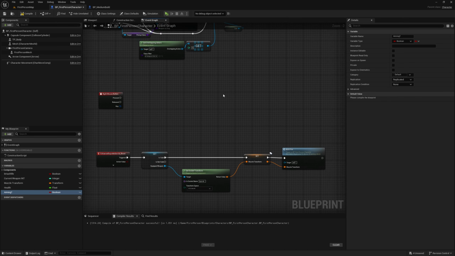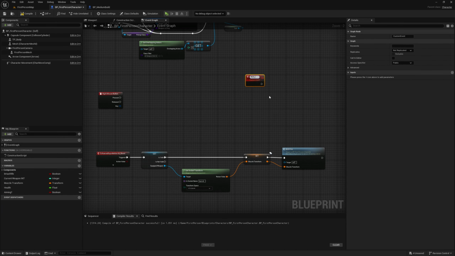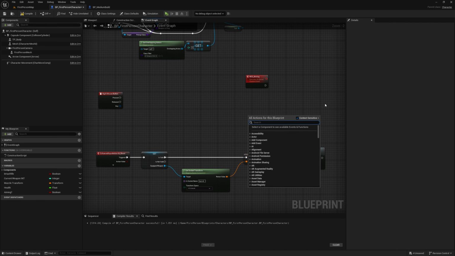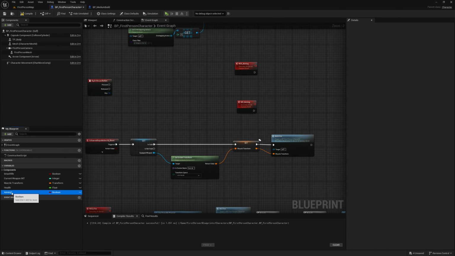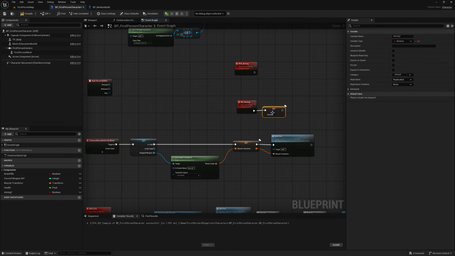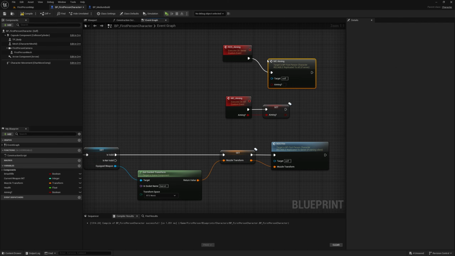And what we might do is just over here to the right, create a couple of custom events. We'll call this one ROS aiming, and this one will be run on server and reliable. And let's create another one and call it MC aiming. This one will be multicast and reliable. And what we can do is set aiming on the multicast event here, pass this back through to here on ROS aiming, call MC aiming,